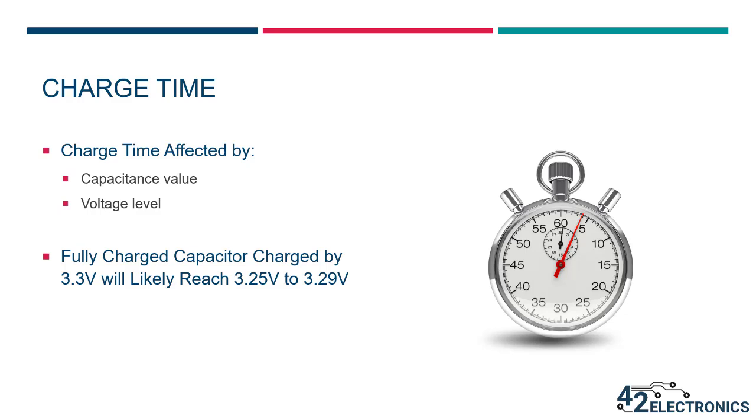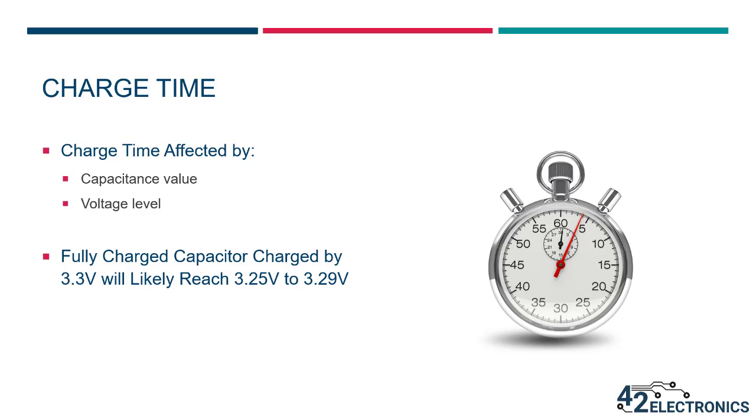Now remember from the last video, capacitors have the ability to charge and discharge very quickly. Charge time is the amount of time that it takes a capacitor to fully charge. This value will be affected by factors like the capacitance value and the voltage level being used to charge the capacitor. Assuming a charging voltage of 3.3 volts, a 2200 UF capacitor will take longer to charge than a smaller